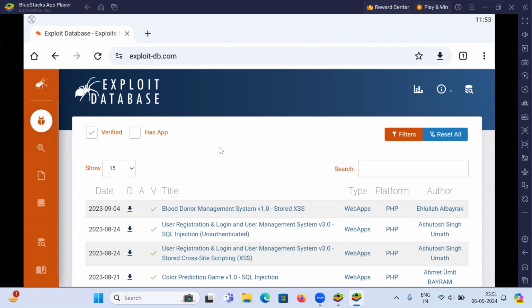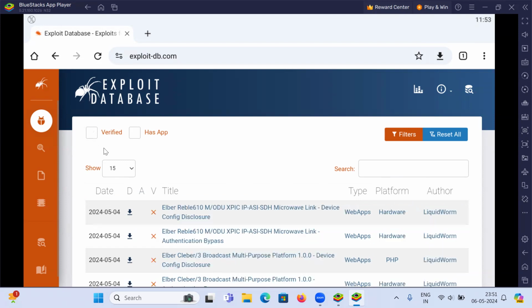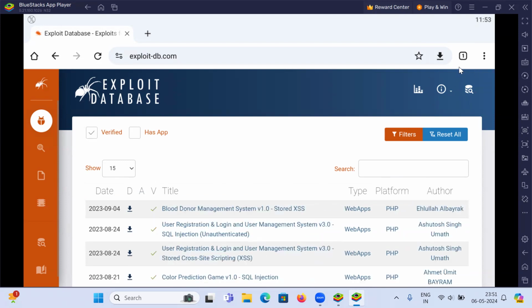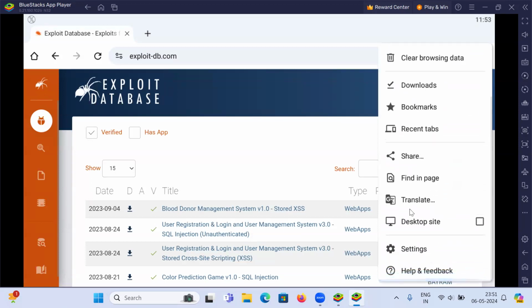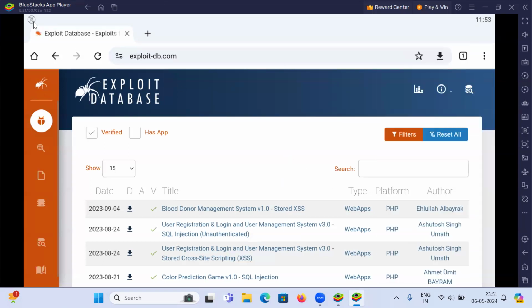And you can also use this website if anyone says you install this or that version of any software. You can check the vulnerabilities before installing this application or that specific version. And if we browse this website,